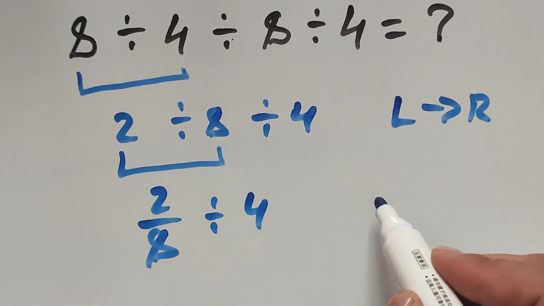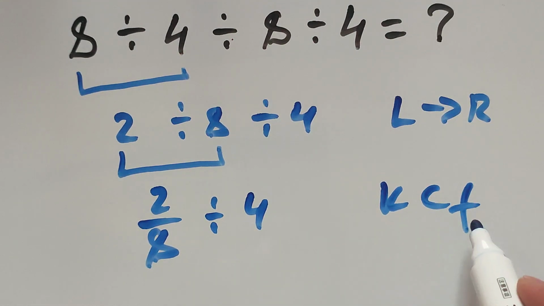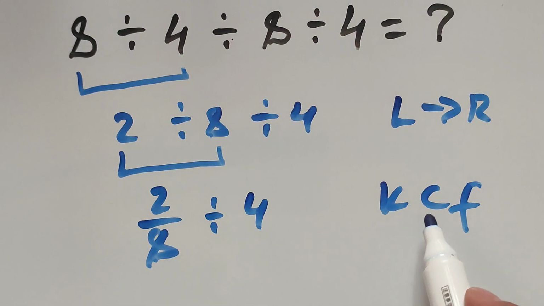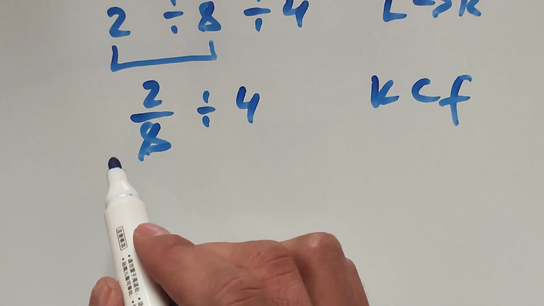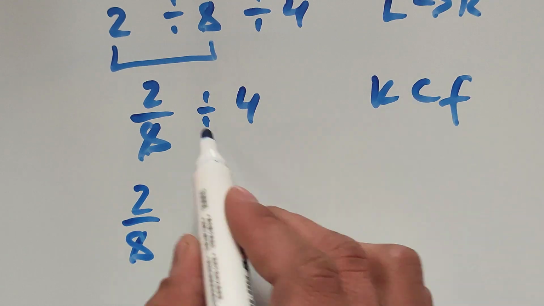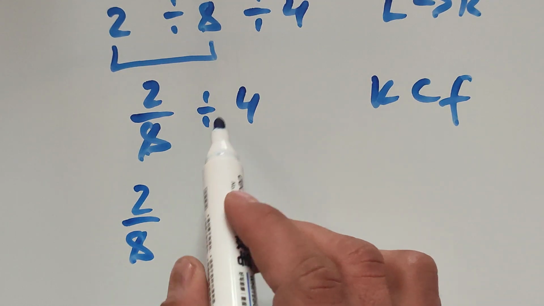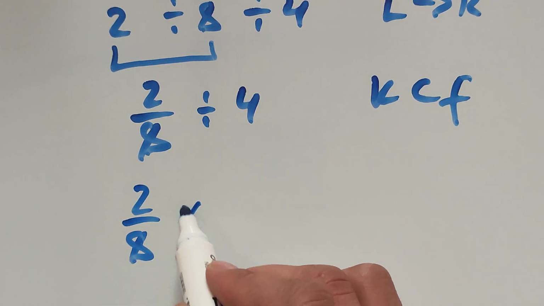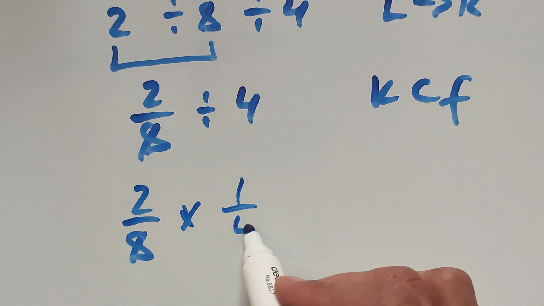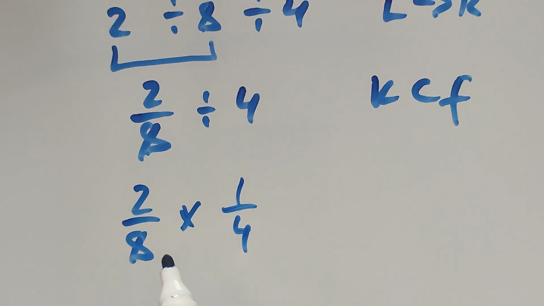here we have to use the KCF rule. K stands for keep, C stands for change, F stands for flip. According to this rule, first we write, keep 2 over 8, and change, we have to change division to multiplication, and we have to flip this 4 to 1 over 4, and we may